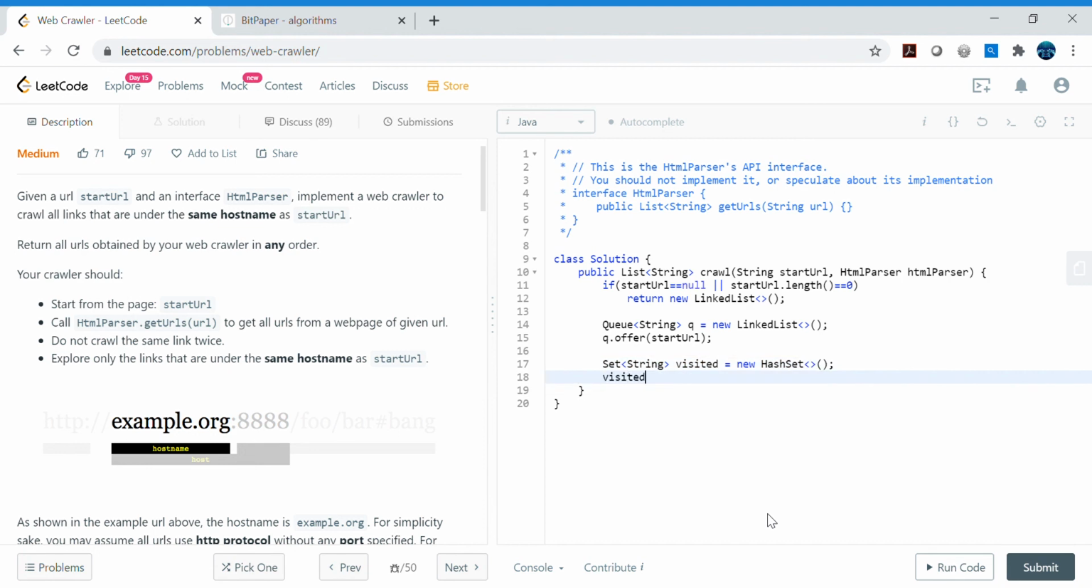So visited dot add start URL. Now let's apply the BFS template that we already know, right? This should be straightforward. So if the queue is not empty, then we will poll the URL from the queue, right? So let's go ahead and poll, and here we can call this API, HTML parser dot get URLs